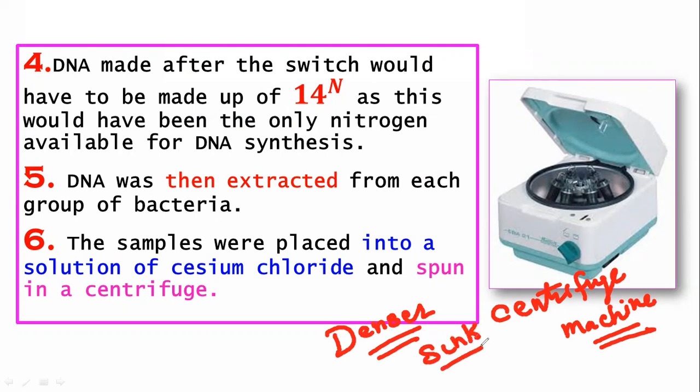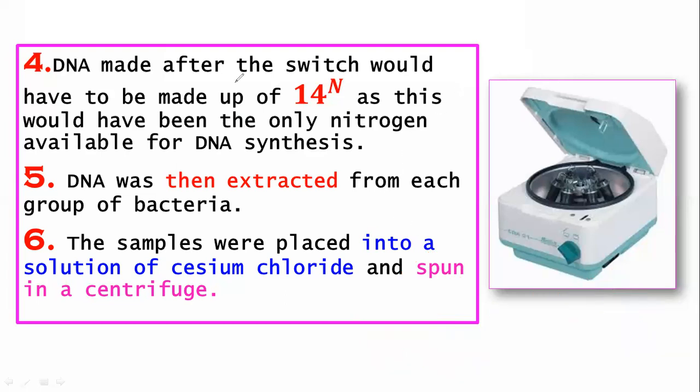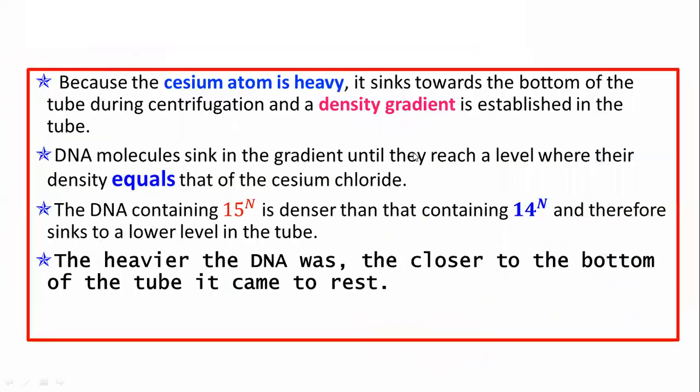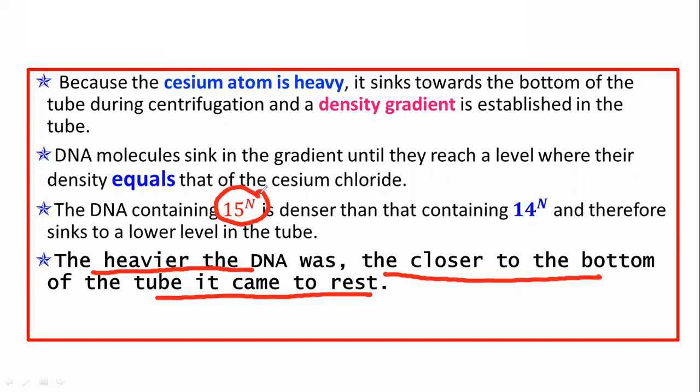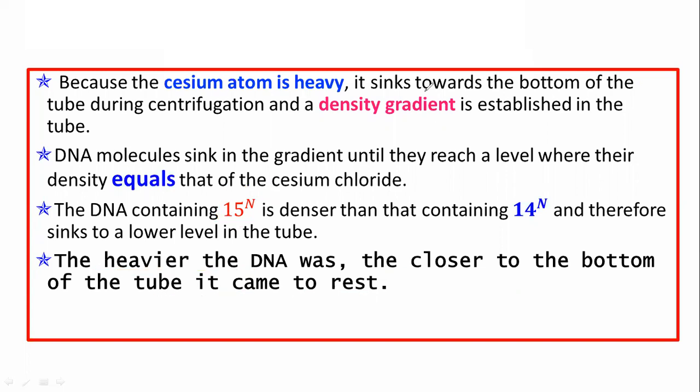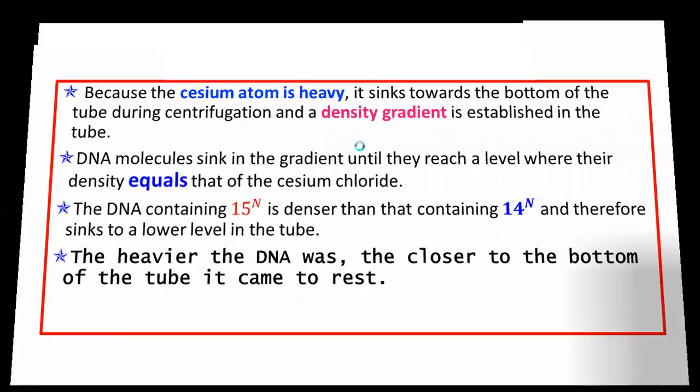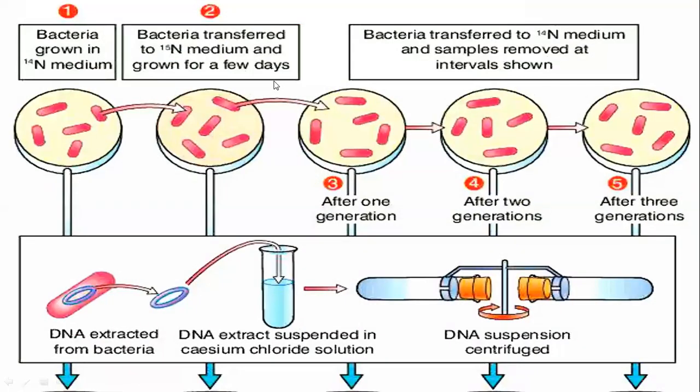So on this basis, we are spinning this centrifuge machine, and we use the samples in the test tube, and then we extract from both the heavier and lighter isotope DNA. And at the last, I'm just going to repeat again that the heavier DNA was closer to the bottom first, and it came to rest first. Obviously, the heavier one was this. So we discussed this in the last lecture, and now we want to discuss from here. Let's revise again.